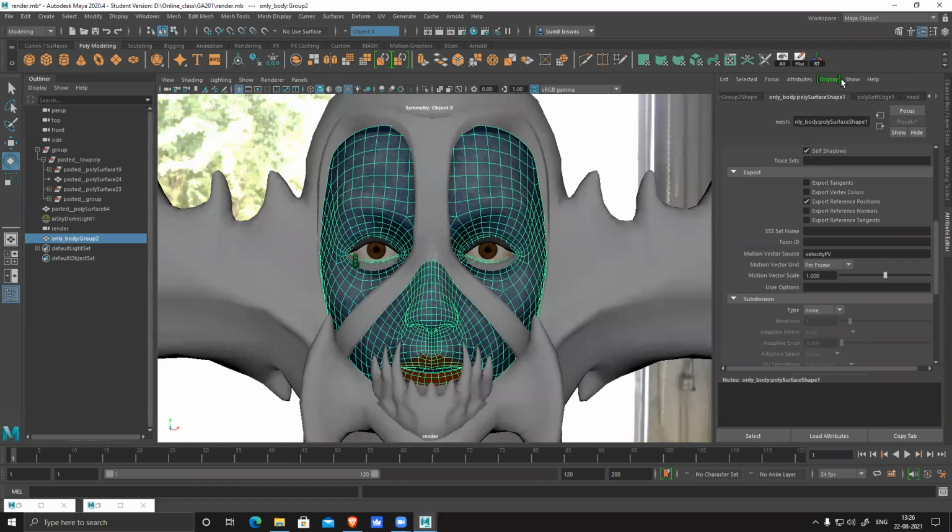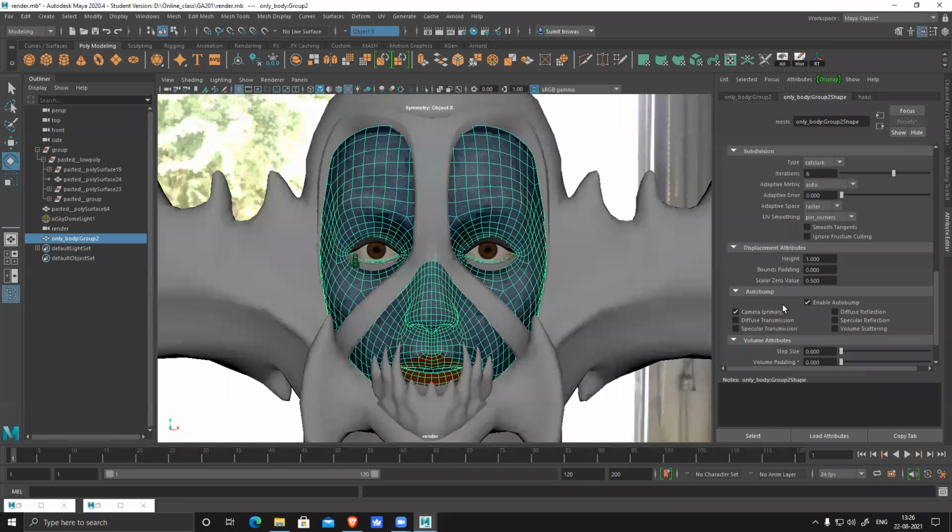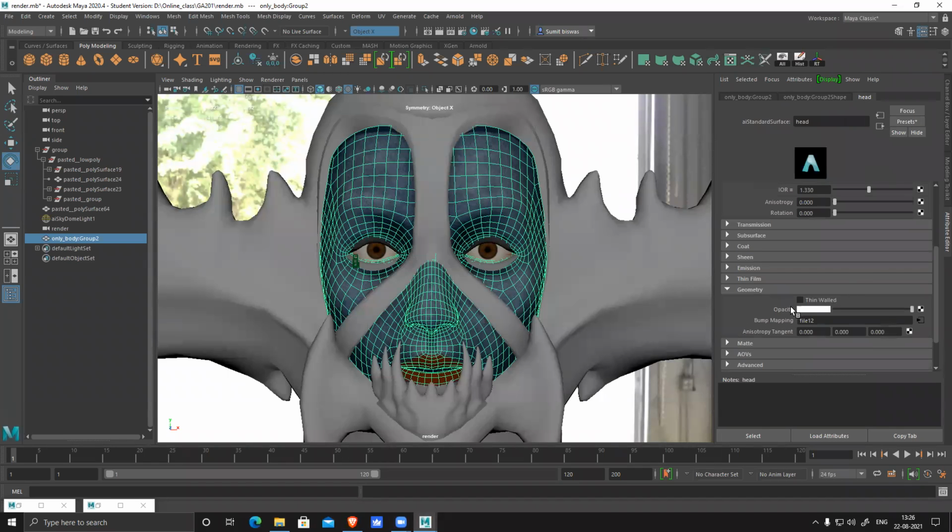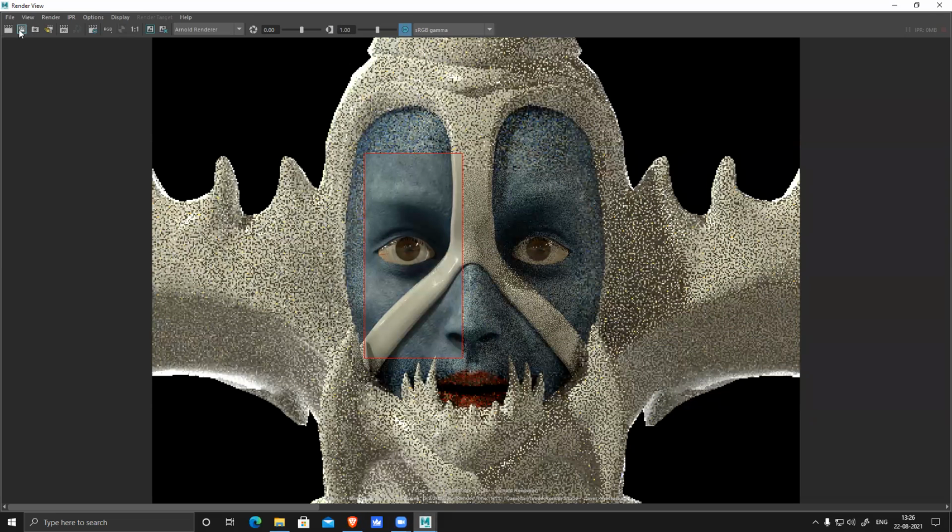Or I'll just delete history. 0.5 is correct. Head, right click, break connection. So I just remove the normal map and render it once again.